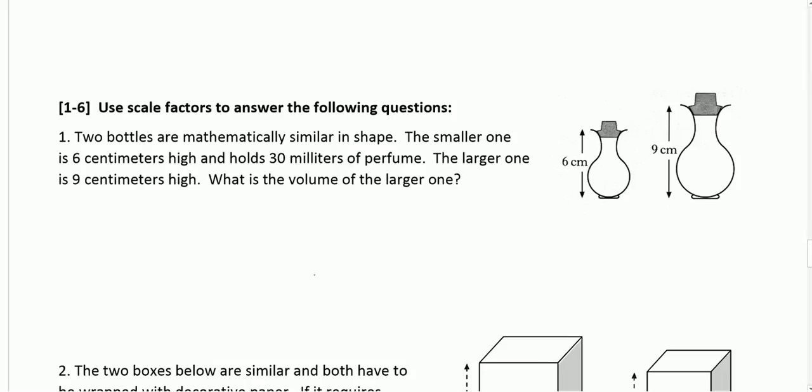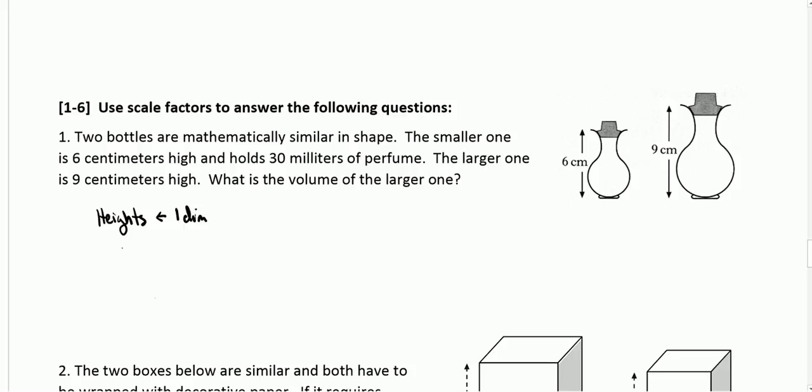Alright, in number 1 here, we have two bottles that are mathematically similar. The smaller one is 6 centimeters high and holds 30 I think it should say milliliters. I think we got a misspell there though. of perfume. The larger one is 9 centimeters high. What's the volume of the larger one? So we have a comparison of heights. Remember, height is a one-dimensional